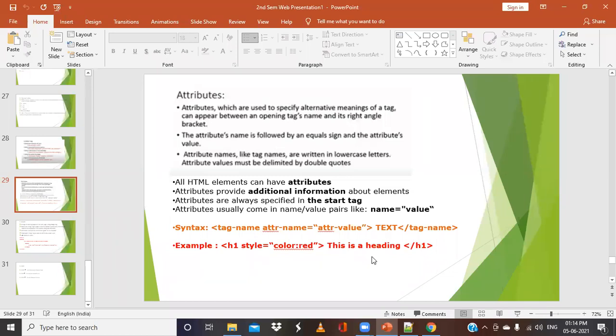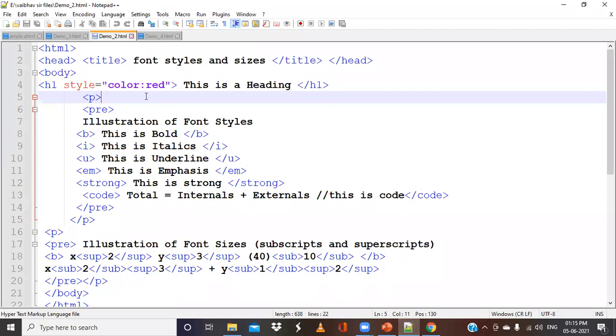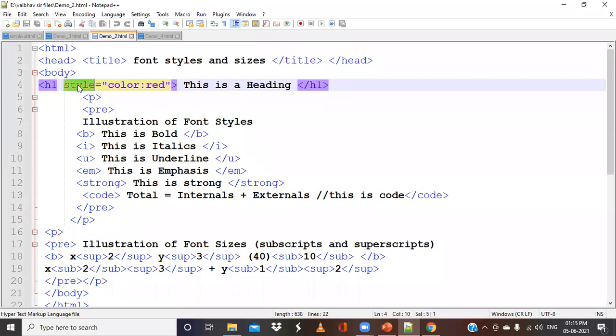But if you want to add some special or extra meaning, we use attributes. I have taken the same example and made changes in the program. I'm using h1, and style is an attribute. There are different types of attributes; it can be style, it can be color and so on.